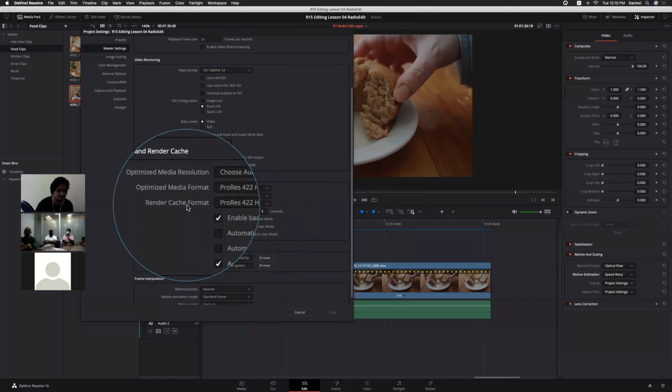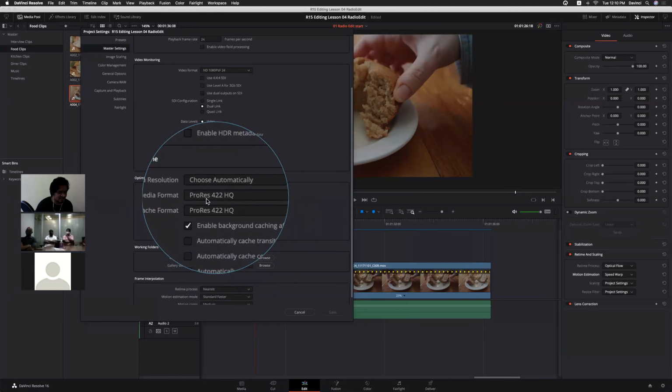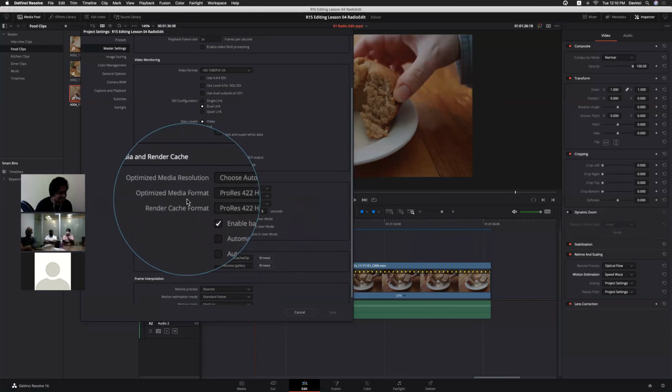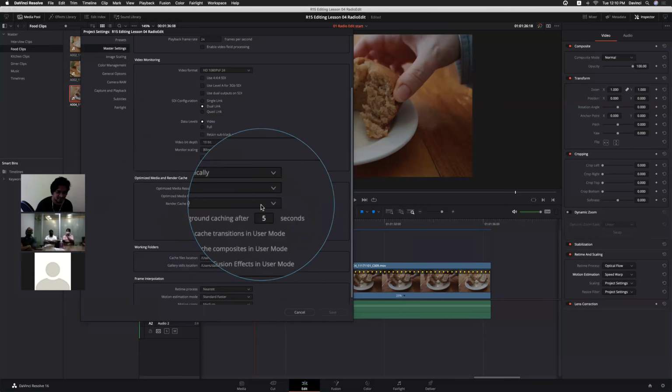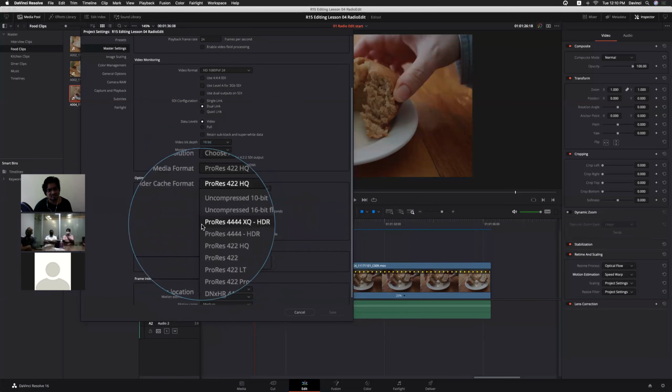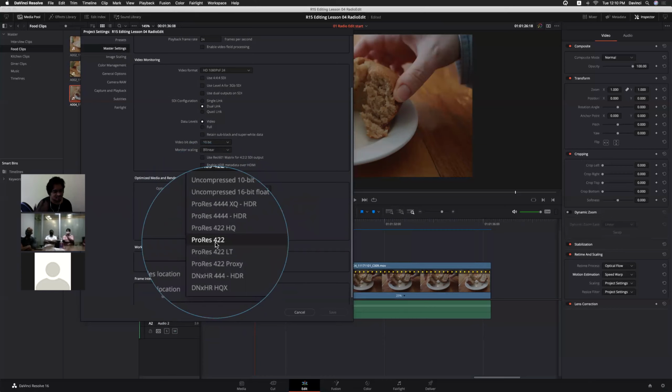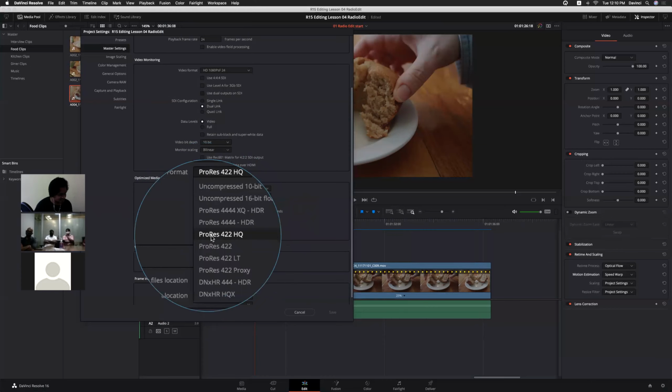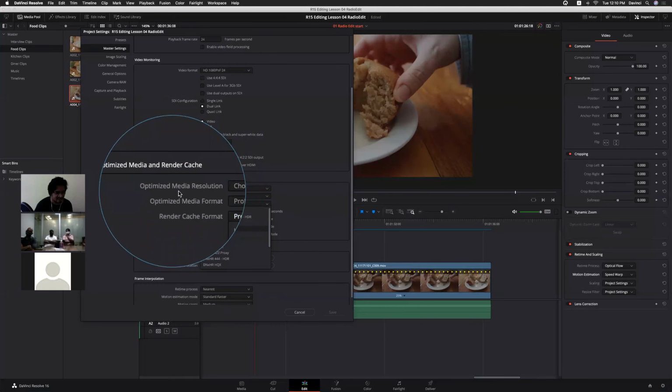By default, it is ProRes 422 high quality, for the optimized as well as the render one. You can always change it to the required one. If you want a little lesser bitrate, you can select maybe this DNX option. But most of us have been using ProRes 422 for the last 10 to 15 years, right? So by default, it's ProRes 422 and optimized media.